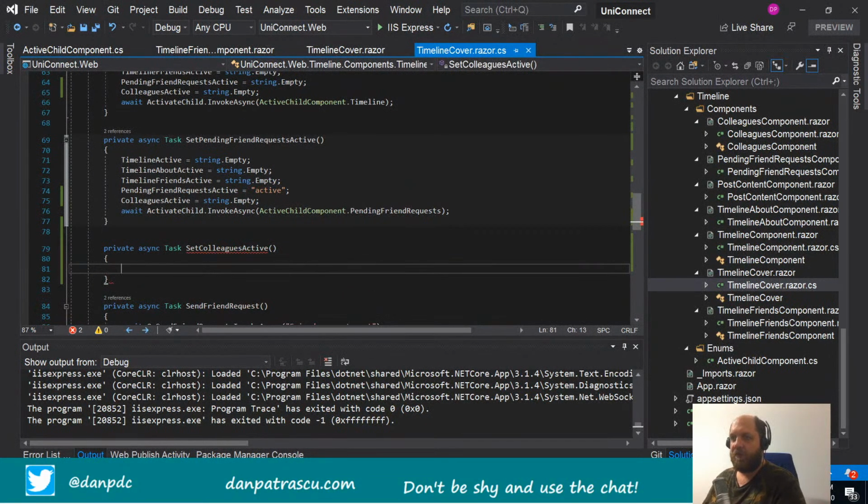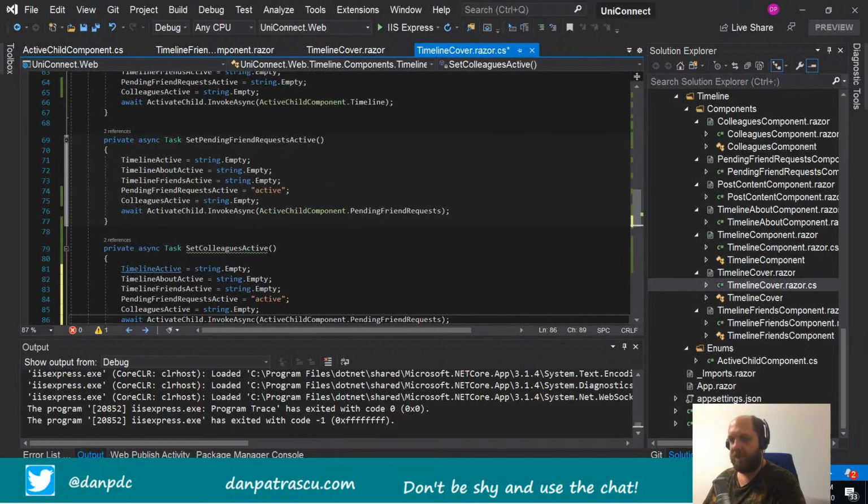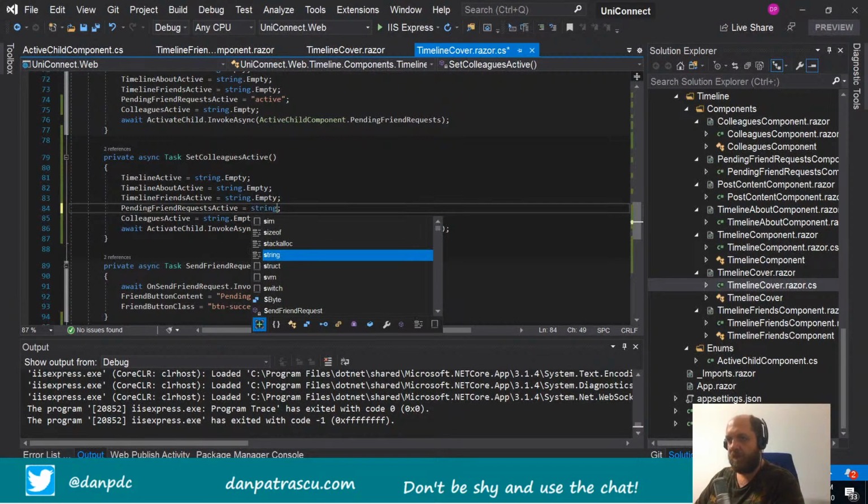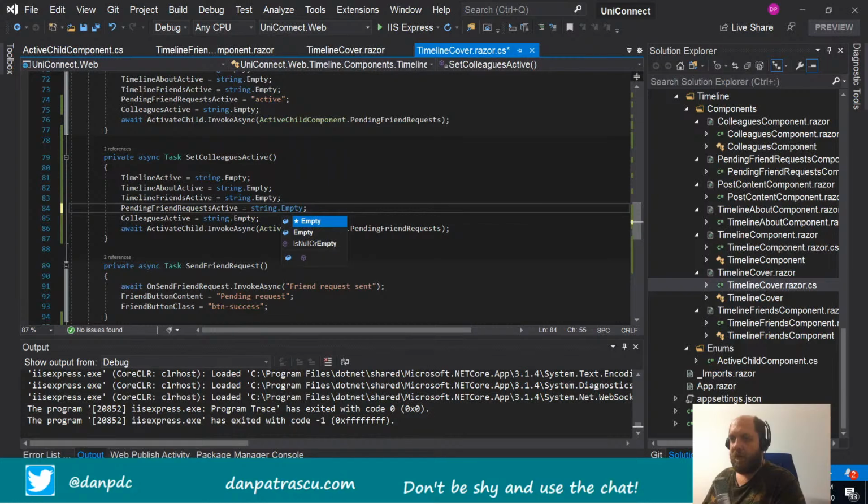And what we'll do here is actually very similar to what we do in all these other methods, with the only difference that here this would be set to string.Empty. Okay, and this should be set to active, because this will be used as a class. And the class active is a CSS class in this template that defines how the active link should be displayed. And then when we